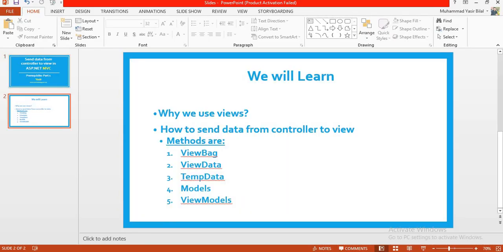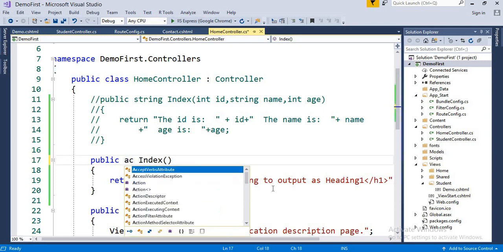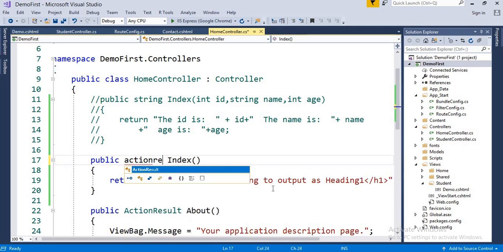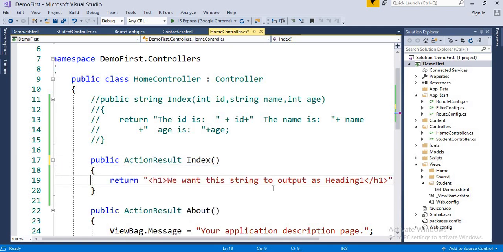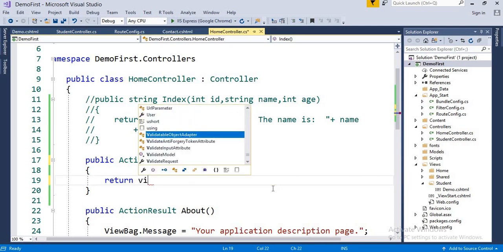So let's flip back to Visual Studio, and now we want to send data from controller to view. We do not want any kind of string to be returned. We want to return a view, so we change it back to ActionResult, because now we want to return a view. Let me copy this string. I have copied this string, and let me return a view,